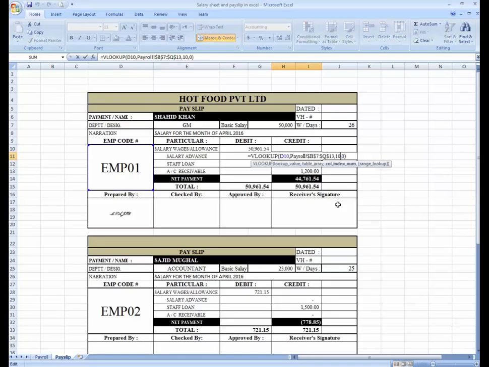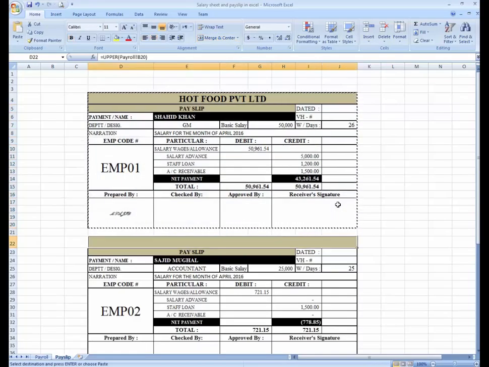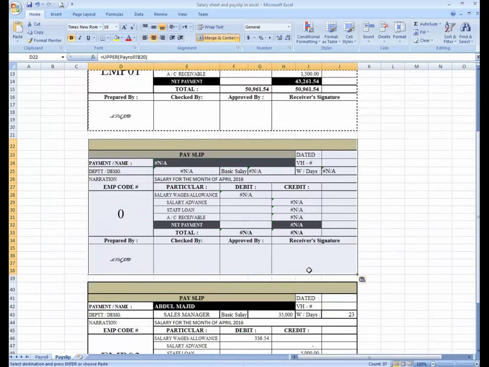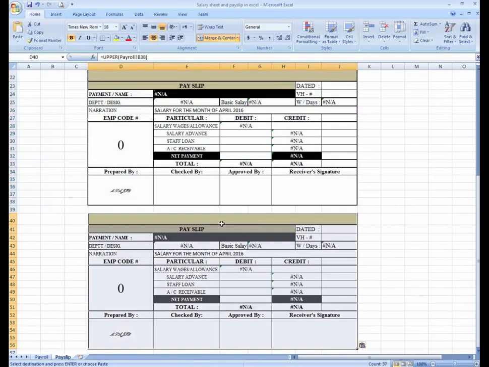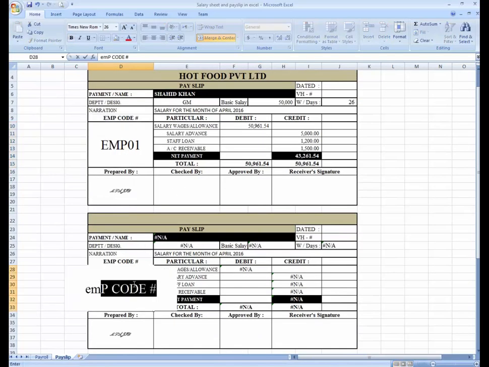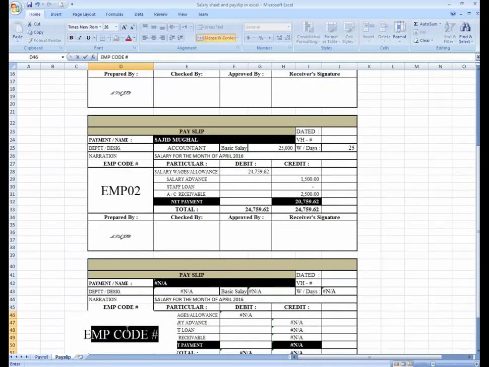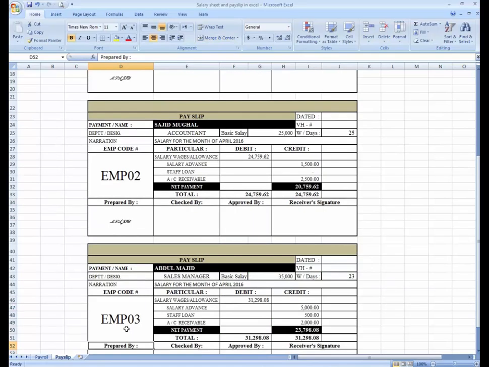It should be 11, it should be 12, it should be 13, and just copy this one, Control V, and change the employee to EMP02, EMP03.